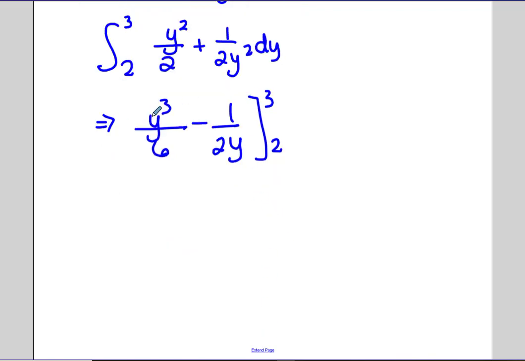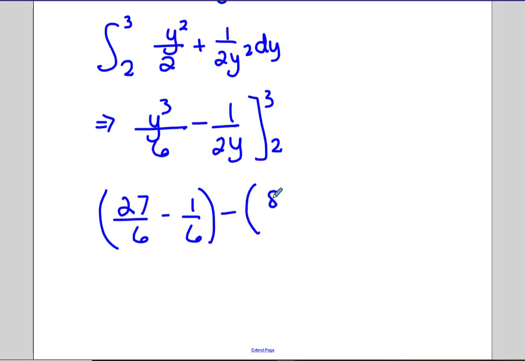So this is 27 over 6 and 1 over 6. And then substituting for 2, we've got 8 over 6